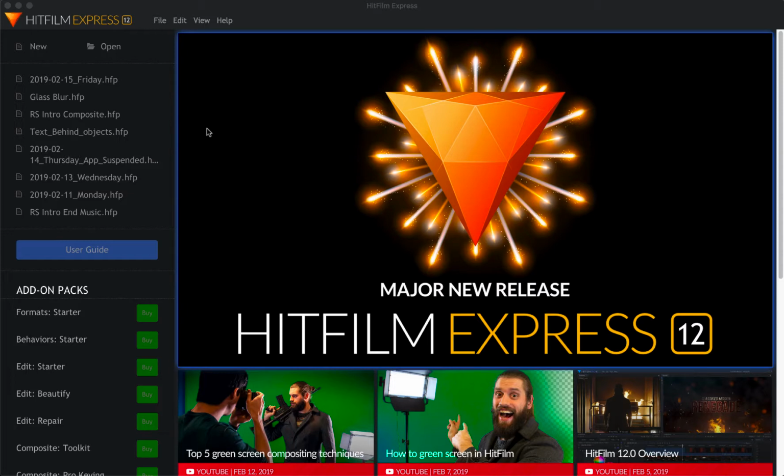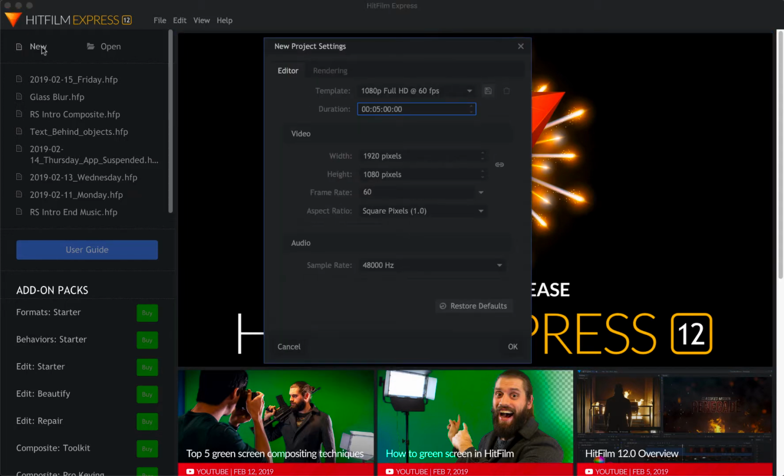So after you install HitFilm Express, you need to get a license from their website, which is very straightforward. It will ask you to log in with your account on their website, and the moment you log in within your HitFilm Express, your license will be applied on your software. And once you're ready, you can get this interface where you can then click on the new option on the top left corner, and then you need to select the settings or some initial configurations that you can do in